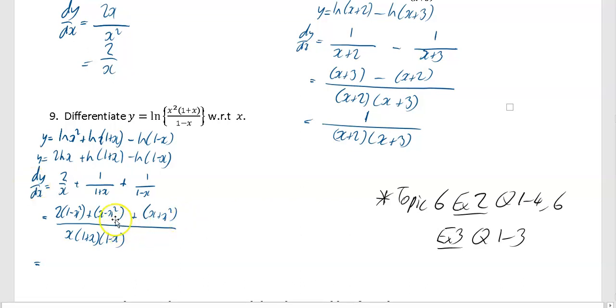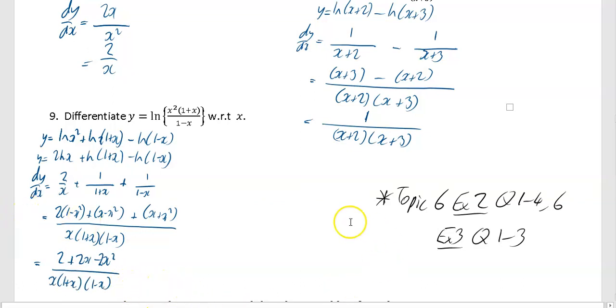Okay, let's have a look. You have minus x squared and a plus x squared here. They'll cancel each other out. You have an x plus an x, so it'll be 2x. And then you have 2 times 1, which is 2, and 2 times minus x squared, which is minus 2x squared. So if you tidy that all up, you're going to have 2 plus 2x minus 2x squared, all divided by x upon 1 plus x upon 1 minus x. And there's nothing really you can do to make this much better,